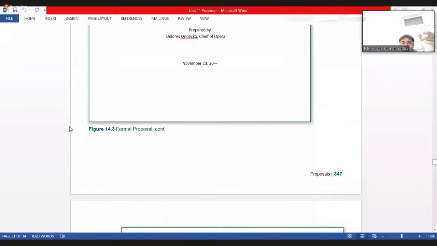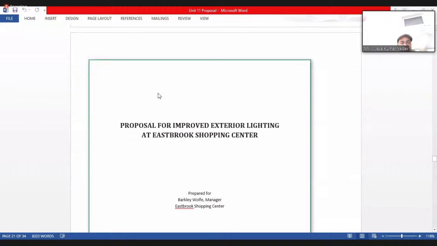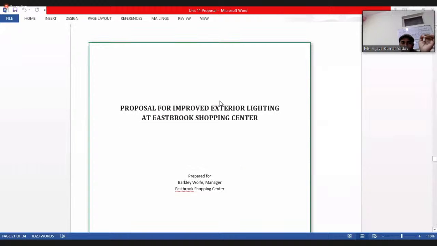This is the sample of a title page. See, title page. This is the way you have to prepare a title page. That is, you will make a box. Better you copy this because you have to practice. I will give you the question and you have to practice. So first you copy the same, then I'll give you one question for which you will practice. Only then you can learn. Otherwise, whatever I teach,